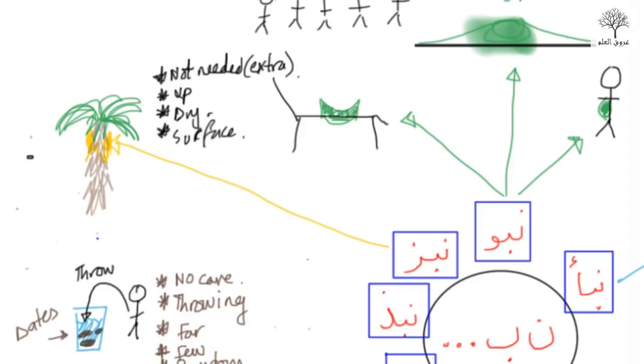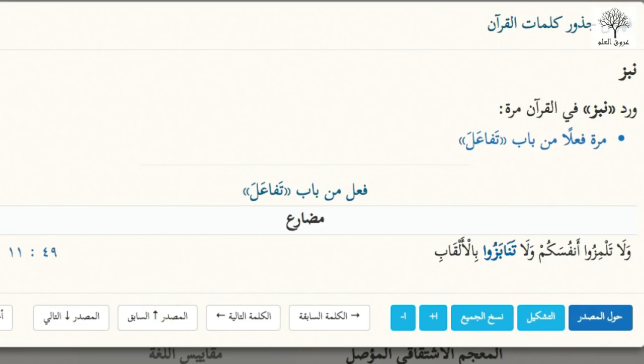So here's an example. There's a man here, and he's cutting away at this nibs. So he's breaking it, and the reason you break this is so that the other branches get the benefit, the nutrients from the tree. So he's breaking it, as you can see, cutting away, breaking. Okay, so let's look at the verse of the Quran. So nabz, it's only appeared once in the entire Quran, and it's appeared in the verb form tafa'ul.